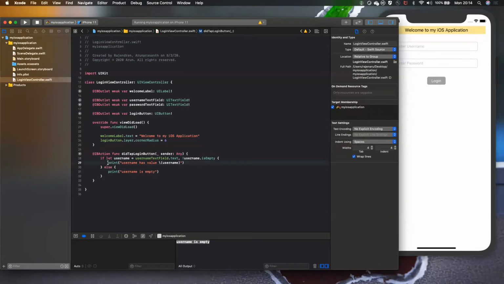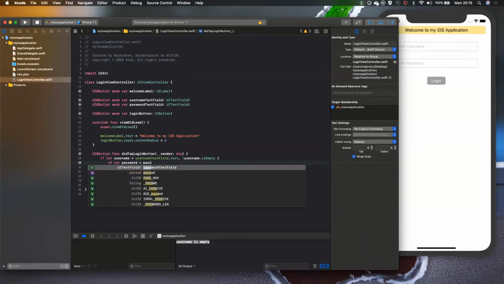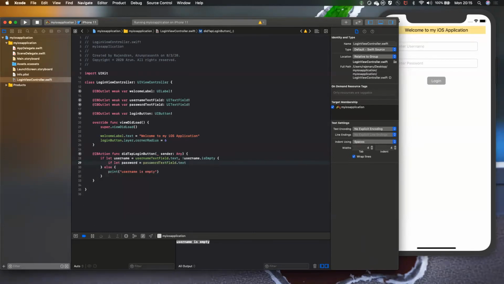Similar thing, we will be doing it for password field as well. If let password equal to password text field dot text. Similarly, you will be checking the password also is empty. Yep, if the password field is not empty, we'll allow the user to go to the next screen.